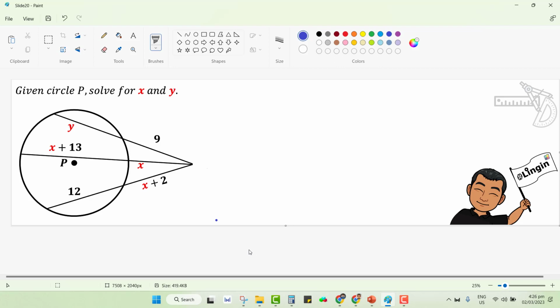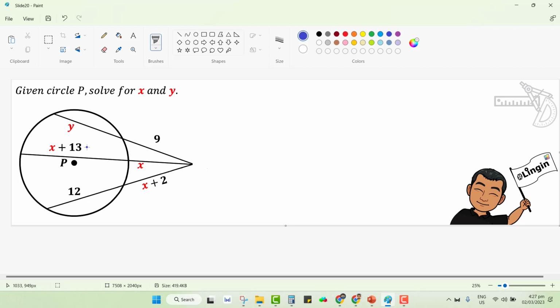For circle P, we are asked to solve the values of the x and y variables. You can notice here that x is represented by 3 different segments. This is the first segment, from this point here towards this external point. Same here, but it has an additional value, but x can be used to solve this measurement from this point to the same external point. And finally, we also have the measurement of this chord from this point to this point,